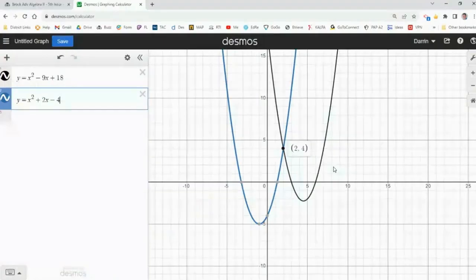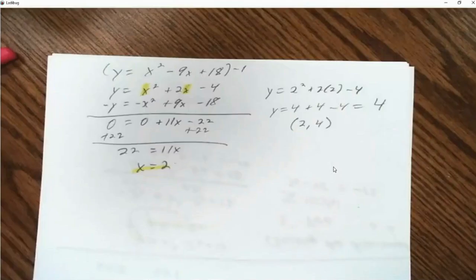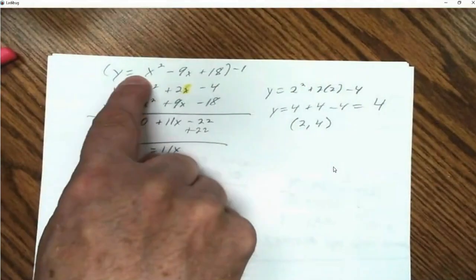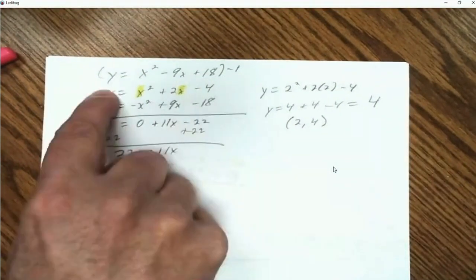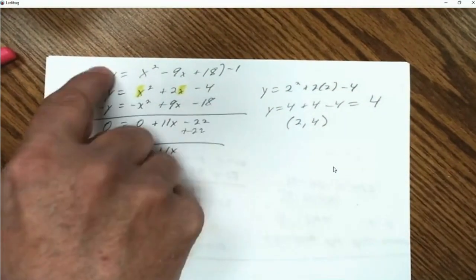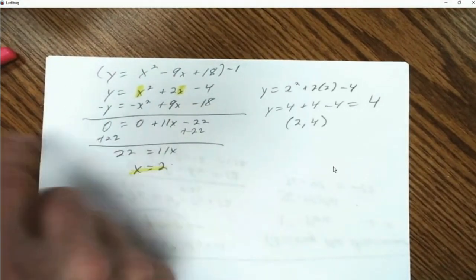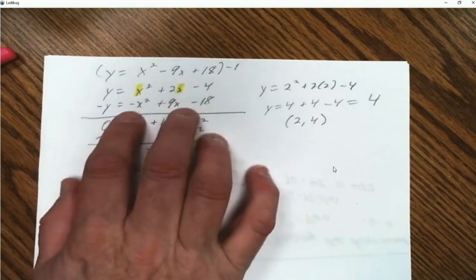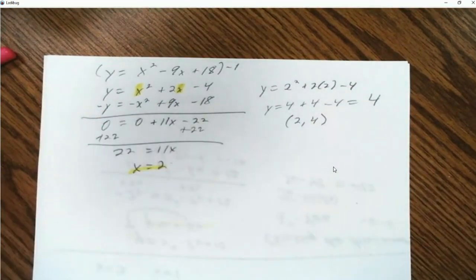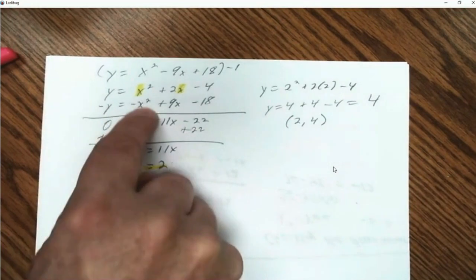One solution. We did that one by elimination. We could have substituted. We could have taken either one of these, like we could take this and substitute it in for y, or this and substitute it for that y, and then we would solve for x by combining the x squareds. But elimination seemed to be a little easier that time, just because they were lined up with easy to eliminate